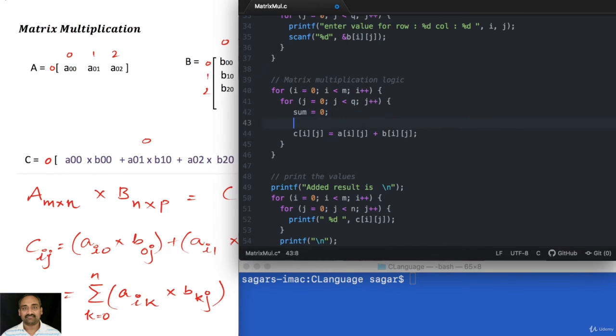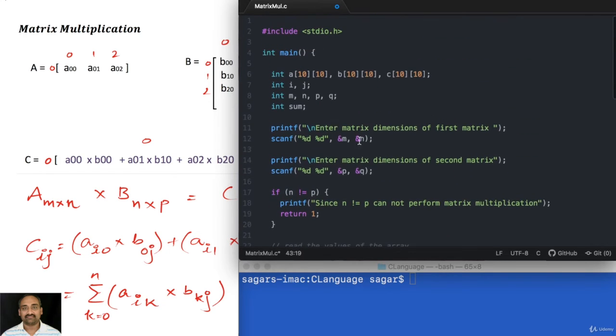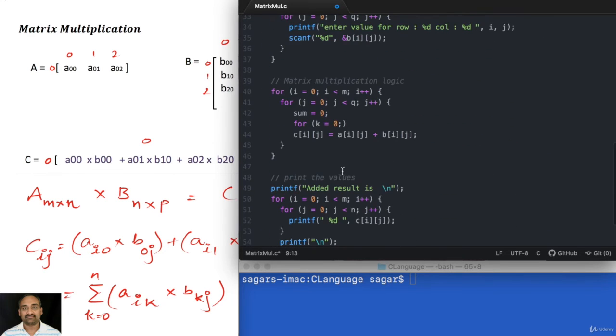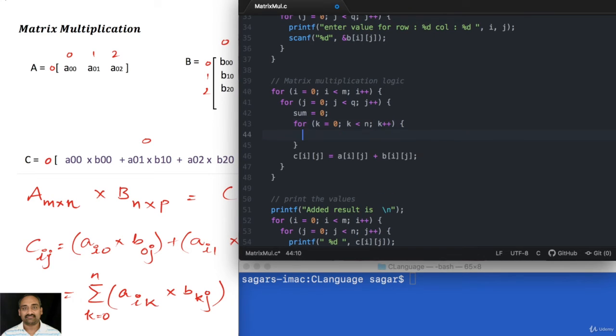Now how to calculate the terms? For each k equal to, again, we need to declare the variable k here. So what is k? k will go from 0 to n minus 1. So k is less than either n or p, both ways it works. Now what we will do is we will actually calculate the sum.